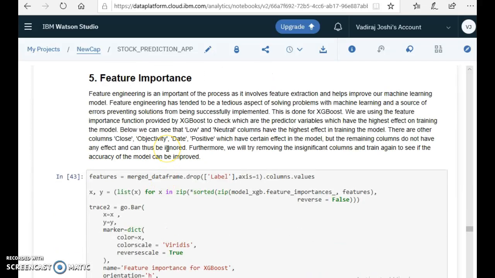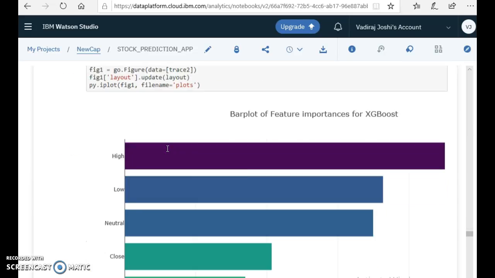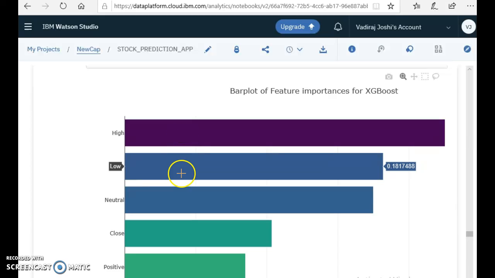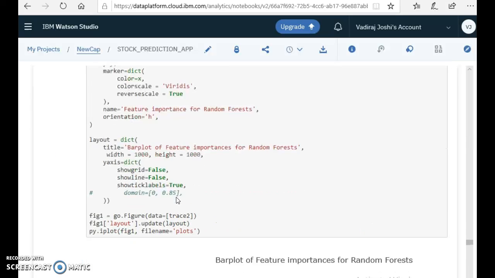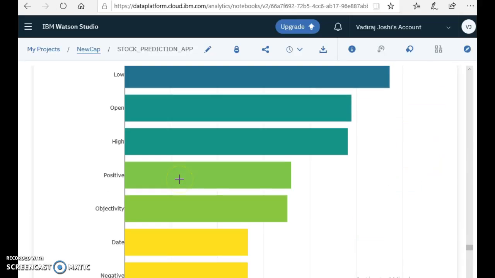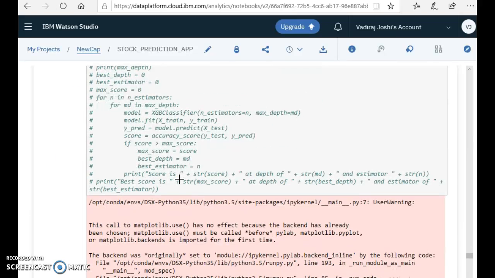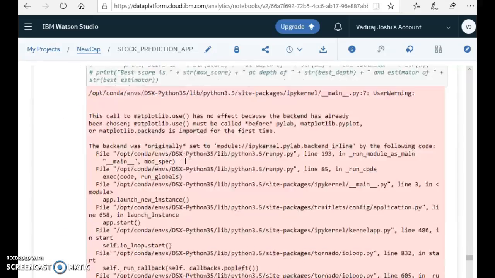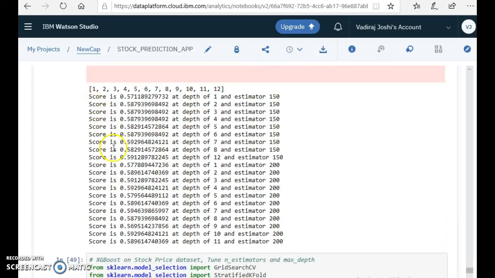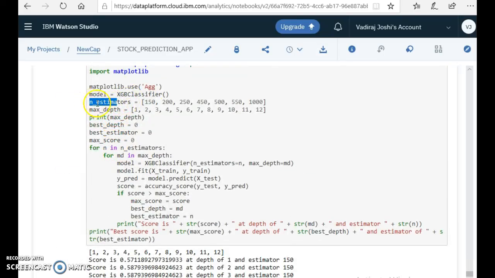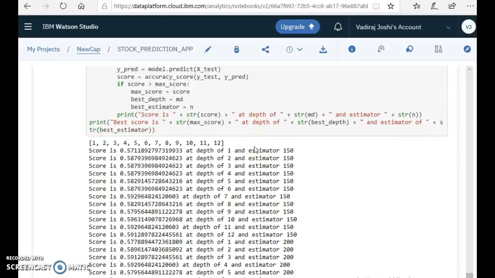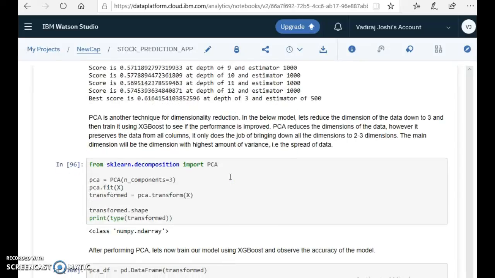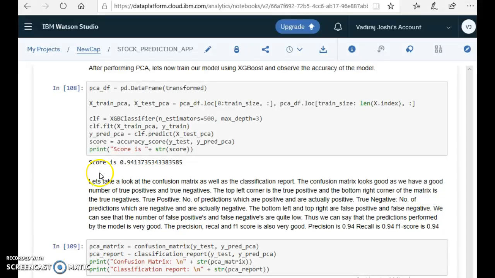So I did a feature importance before improving the score of the model, and this is my feature importance and feature extraction. I then did some more feature extraction. I used Plotly for plotting all of this. Here's the code commented. Okay, here's the XGB classifier with hyperparameters defined, the max depth of 12 and 1000 estimators. After completion of the training, the model score is 94%.